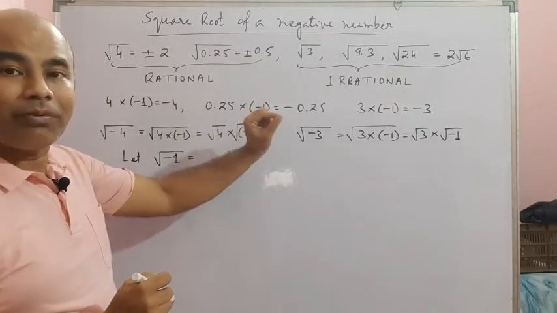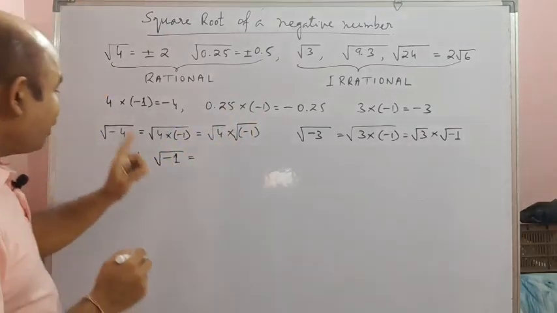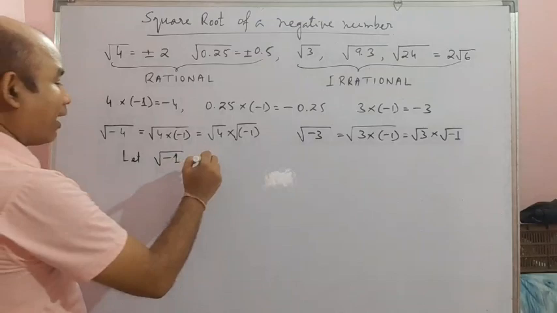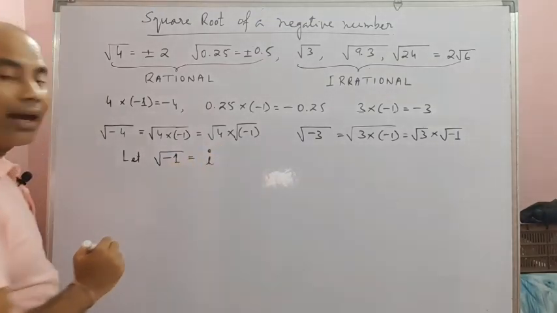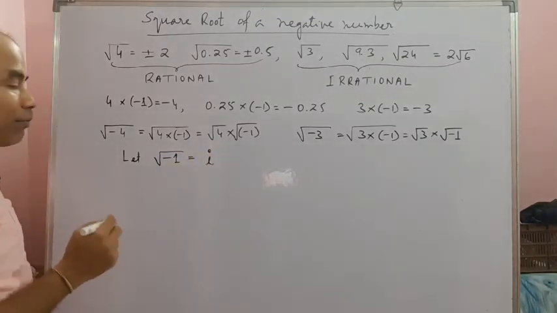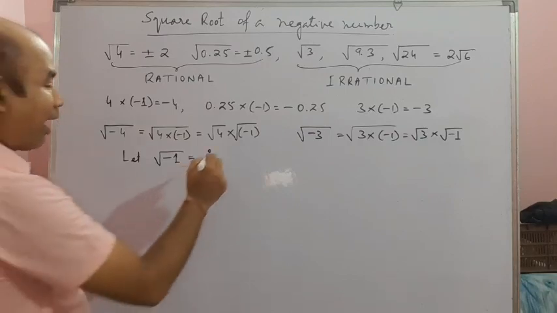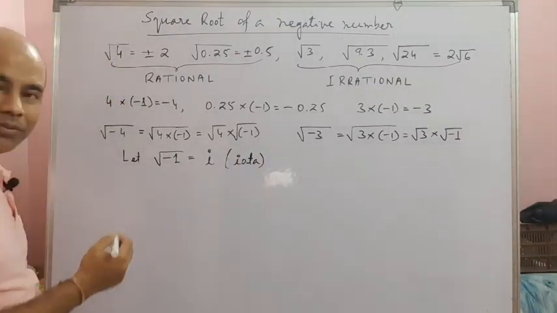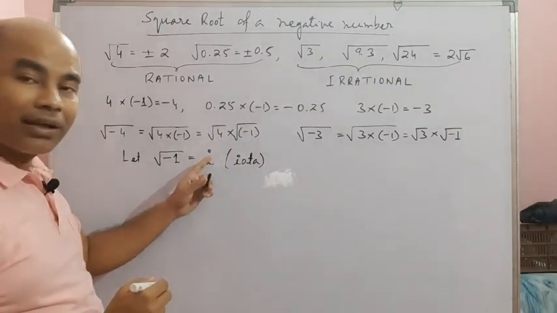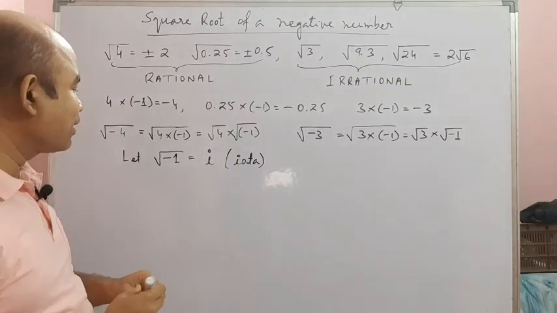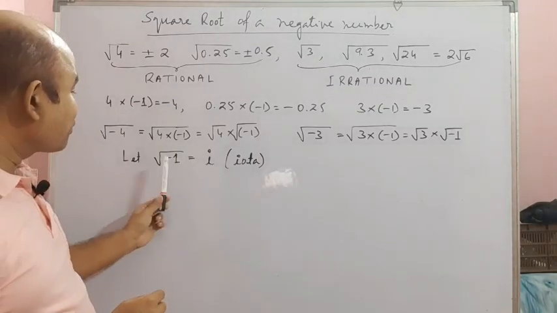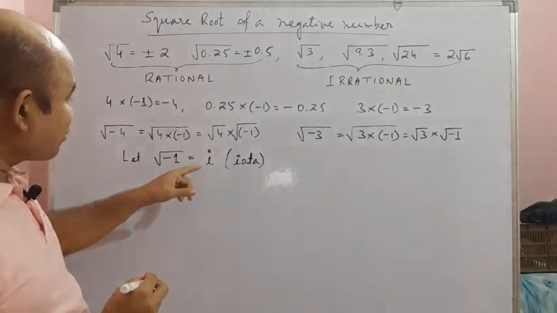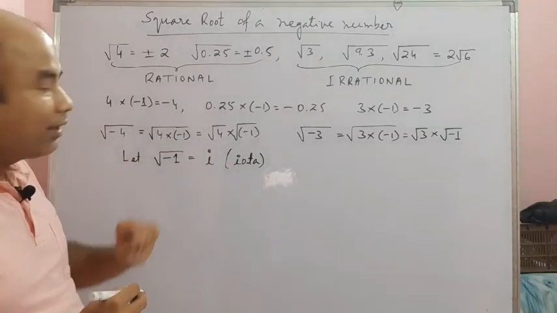to find the square root of any negative number, we assume that square root of -1 is there, and that is nothing but this i. We imagine that square root of -1 is there, that is i, and i is actually what? i is actually iota, which in short we write as the letter i and read as i. Okay, actually it is iota. So square root of -1 is what? Square root of -1 is i. Once you take that square root of -1 is equal to i, now what will happen?